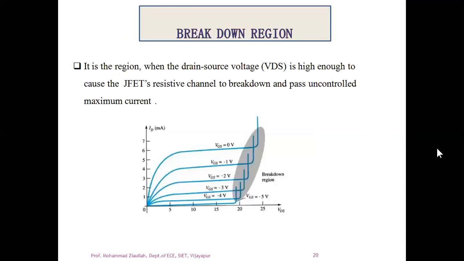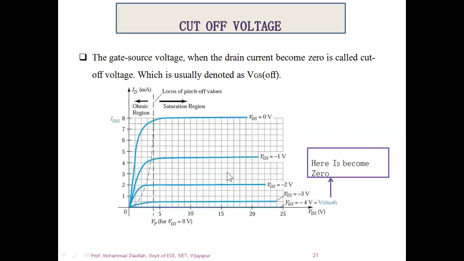Now there is one more region with respect to this JFET, called the breakdown voltage. We define the breakdown voltage as the region where your drain source voltage is high, because after some time, once it is increasing, it becomes constant. At some particular point, that channel will break, where you can see a huge voltage or huge current will be available and will flow. It can also become resistive, where it will allow you to break and pass the uncontrolled maximum current. But the disadvantage here is that this uncontrolled maximum current will lead to damage of the JFET.